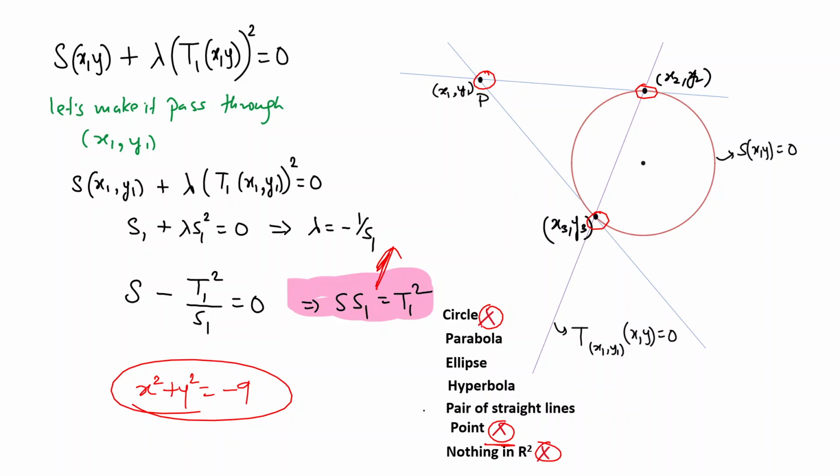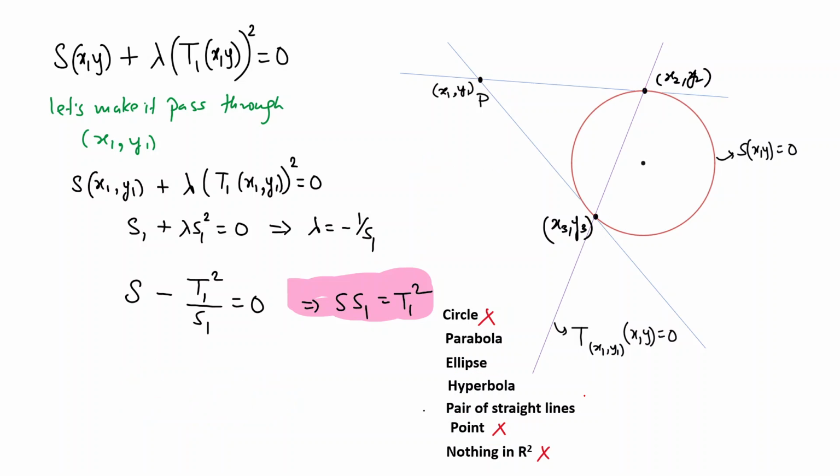Circle is cancelled out. Why? Because we have already had a circle, the equation of which was S minus T1 equal to 0, and this definitely looks like a different equation. So this is not going to be a circle. So this is either a parabola, ellipse, hyperbola, or a pair of straight lines. But how do we know that this is a pair of